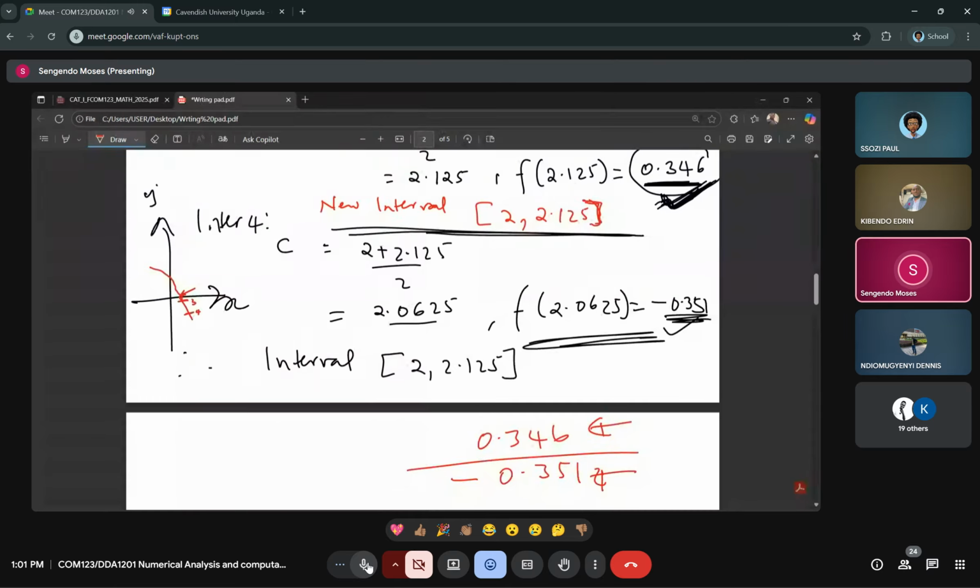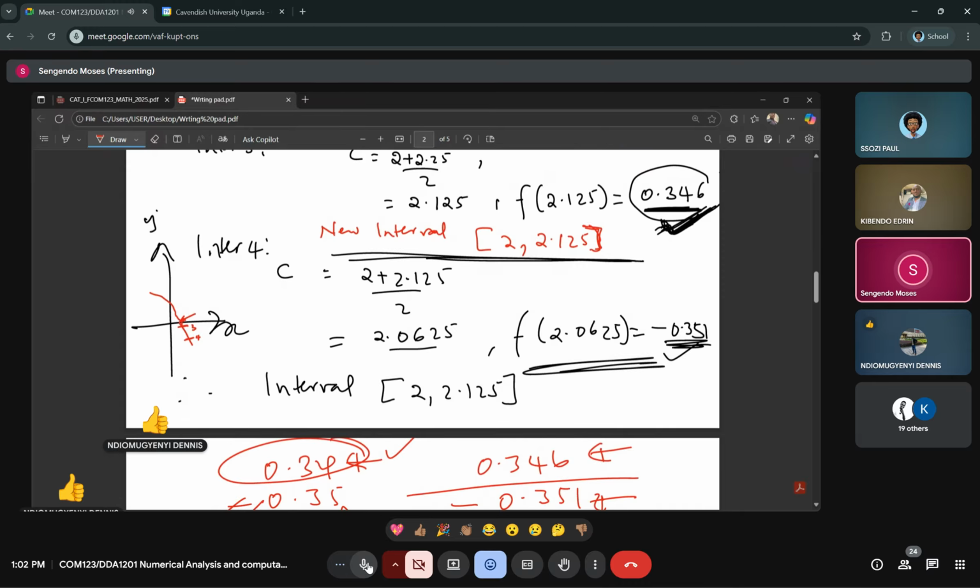I don't know whether you see that. Yes, sir. It was to take the first two digits, the positive is that and the negative is 0.35. So this one is more by 0.01 unit down as compared to this one. And in reality, we normally like the positives as compared to the negatives. So if you are to pick a value, we rather pick the positive as compared to this. That's why I'm saying that the root now lies in the other interval, which gave us a